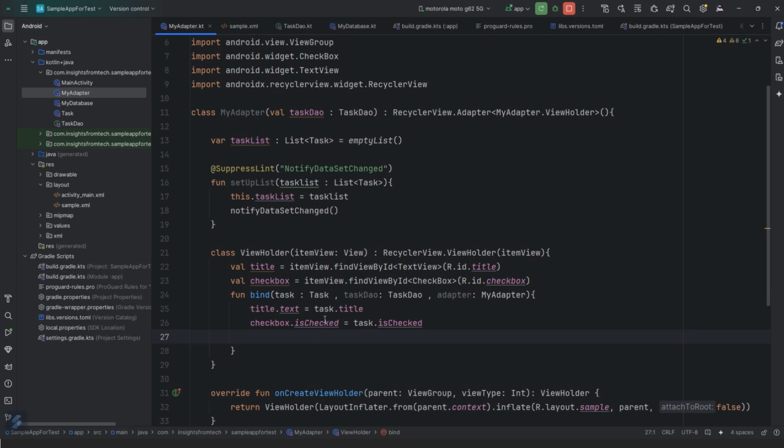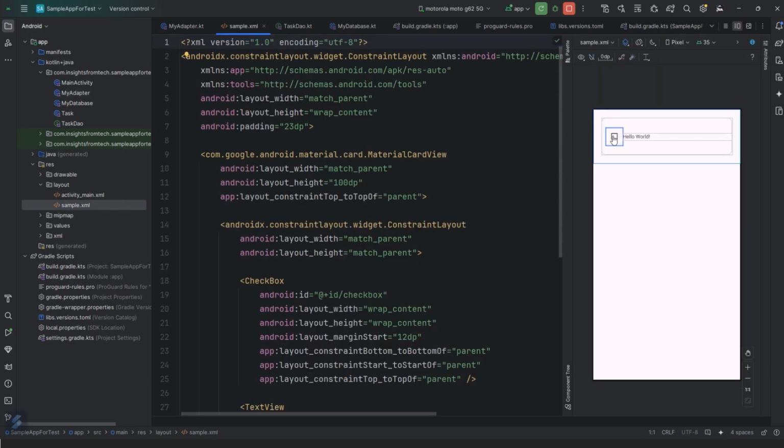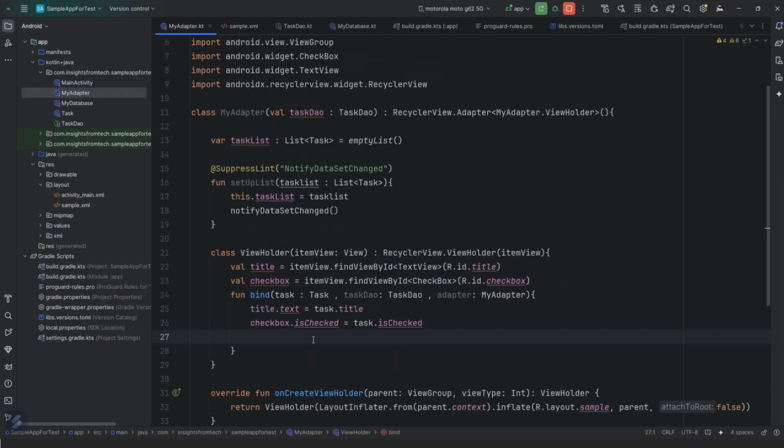But let's say that I want to store the checkbox markings also. Whenever a user opens our app, he checks that checkbox. Let me show you this. So this is the checkbox that they will click on, right? I want it stored in the database so that whenever the user comes back again, it shows he has already marked that. So I want that type of functionality. So what I will do over here is